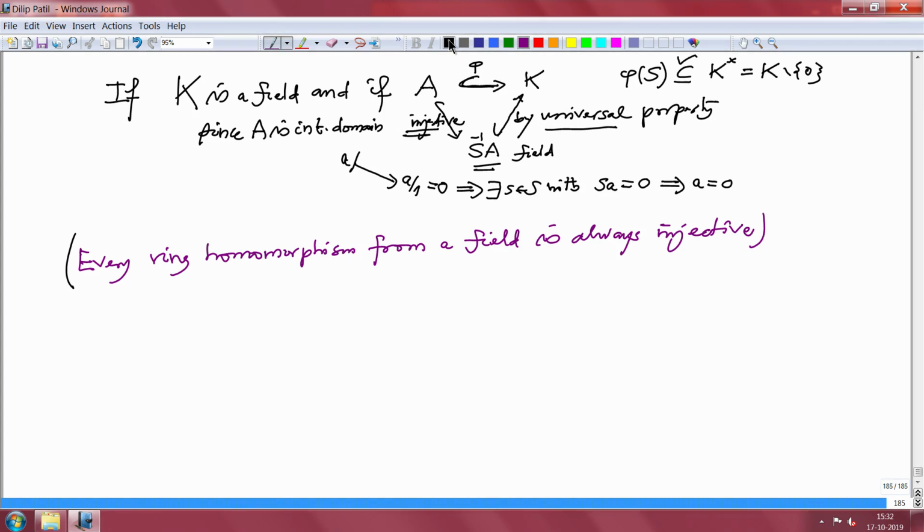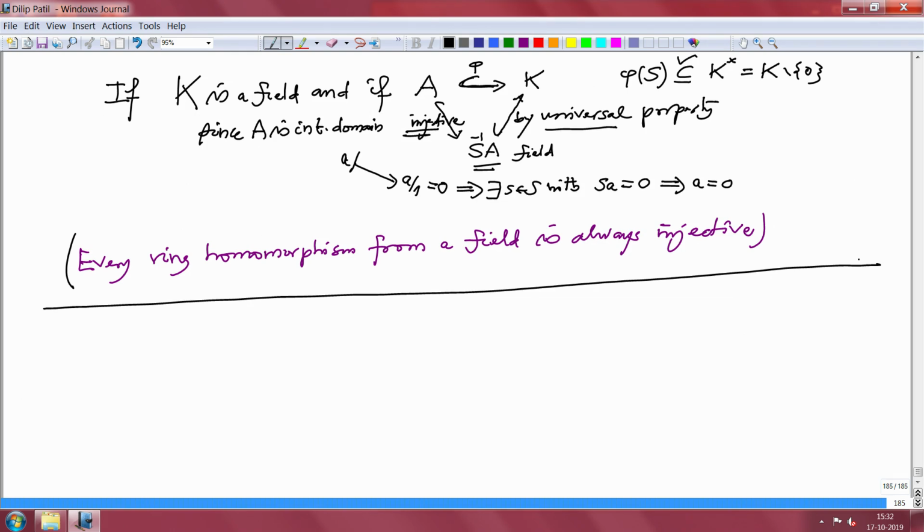Alright. So now what we want to study next is, as I was saying last time also, here we have a ring A and given a multiplicatively closed set S, we have constructed a ring S inverse A and a ring homomorphism from A to S inverse A. And we want to study now the ideal structure of this new ring in terms of the ideal structure of the ring A.